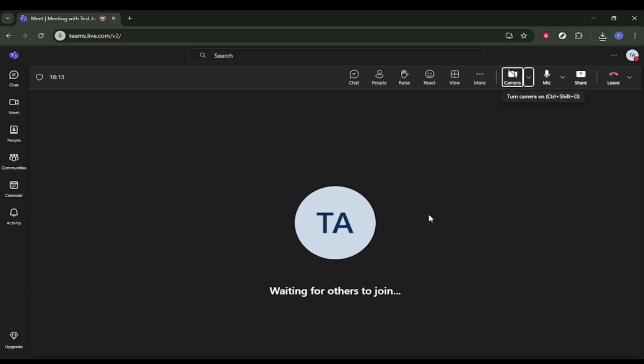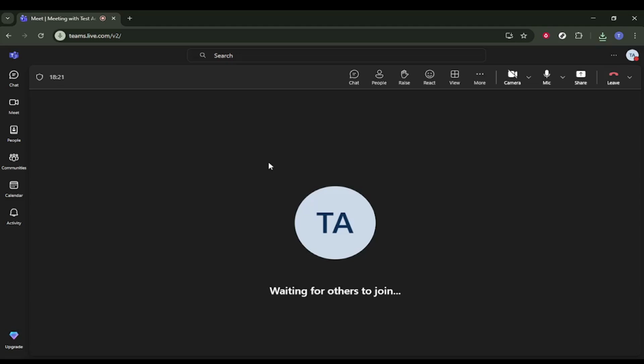In today's video, I am going to teach you how to invert camera Microsoft Teams. To get started, open Microsoft Teams in your web browser and go to the meeting screen, where you can see your camera preview before you join. This is the best place to make camera adjustments, because you can immediately see what changes are being applied to